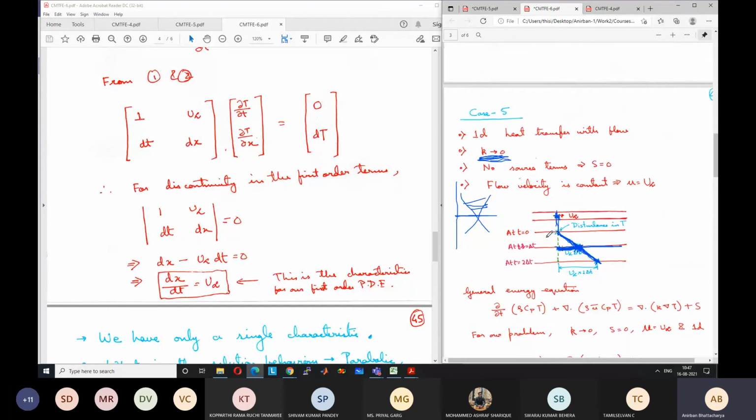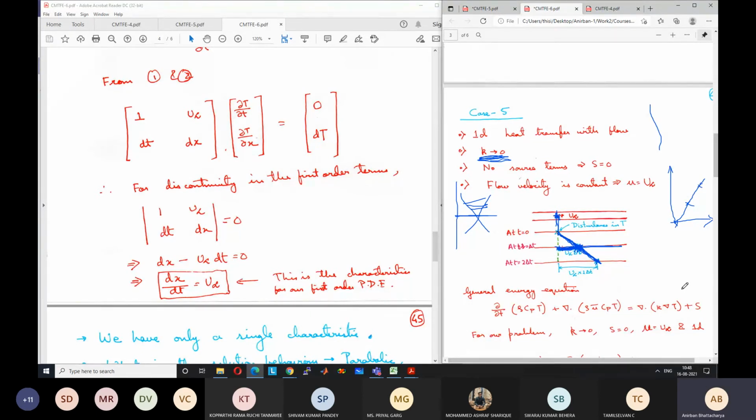Actually, I have drawn it in the opposite direction. If we draw the time in the vertical direction here, sorry, this is a horrible line, because I am using a mouse here, it is difficult to draw. If the time is in the vertical direction, this will be the characteristic line, something like this. It will have a slope u infinity, and if this is the point of perturbation, the zone of influence will always be bounded by this line.